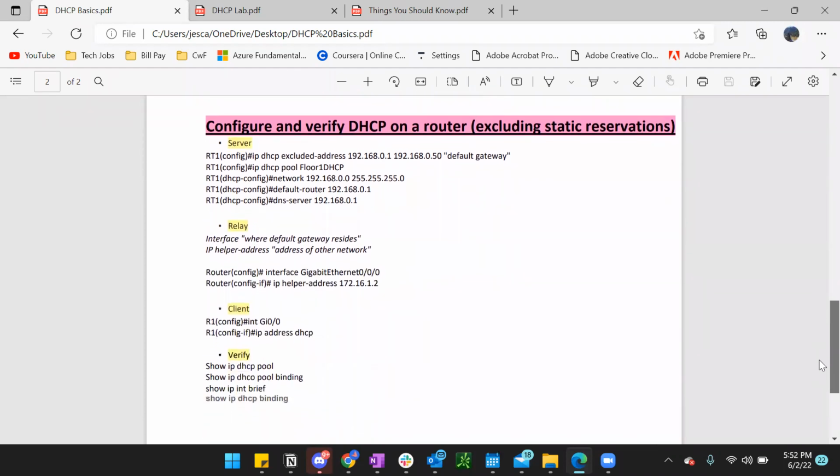And then simple configuring and verifying. Now remember, verifying is a show command. These are all the show commands for DHCP, but show ip dhcp pool is really good. Show ip dhcp binding. I put an error here. See, human errors. I should have put a P instead of an O. But